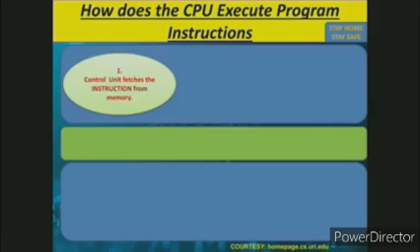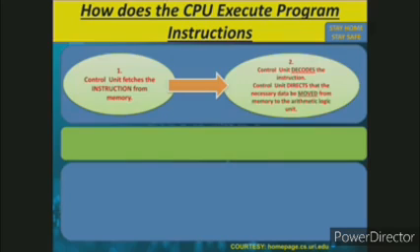In the first part, the control unit does the first thing. What does it do? It fetches the instructions from the memory, and based on the fetched instruction, it decodes it and finds out what is to be done and what data should be sent, so the program can work upon it. These two things are combinedly called instruction time, or I time, and this is the responsibility of the control unit.